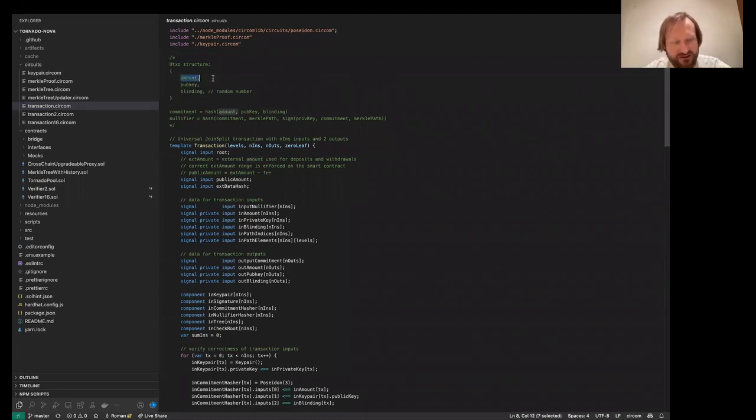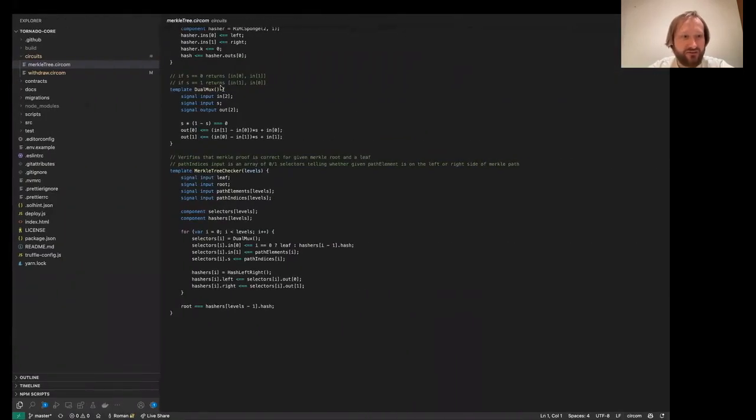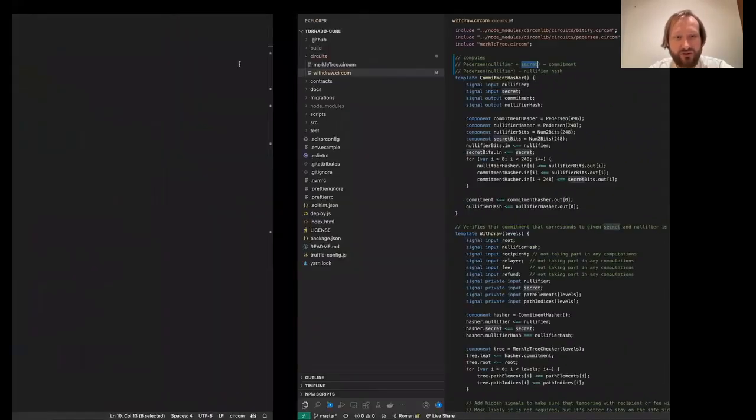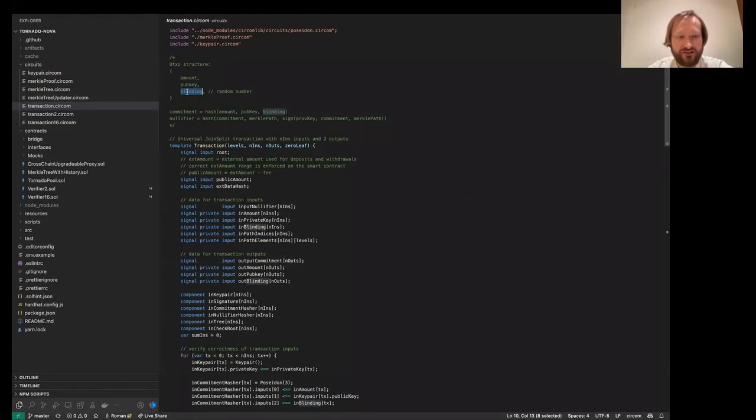First is the amount. Then we also store the public key of the owner of this output, and then some random number. It was called secret in the Tornado Cash implementation, but usually it's called blinding in cryptography. So here we used more correct naming.